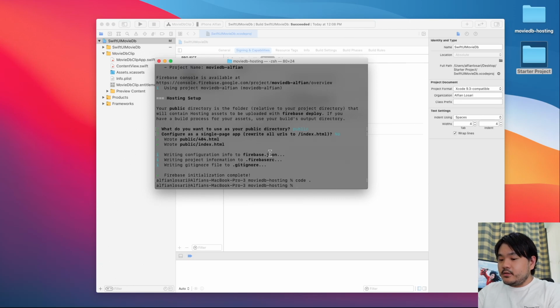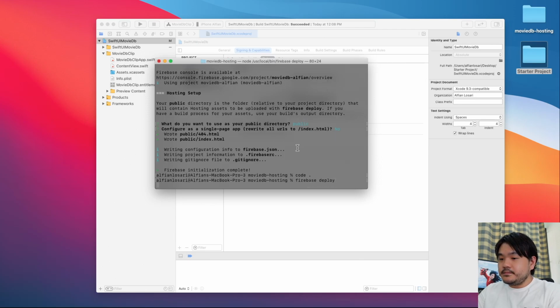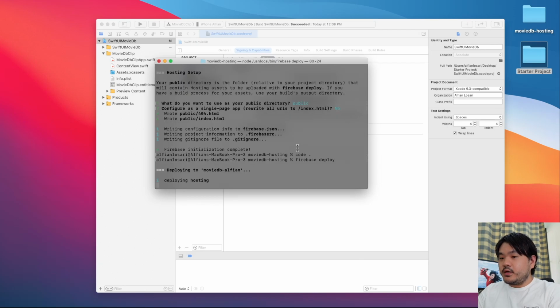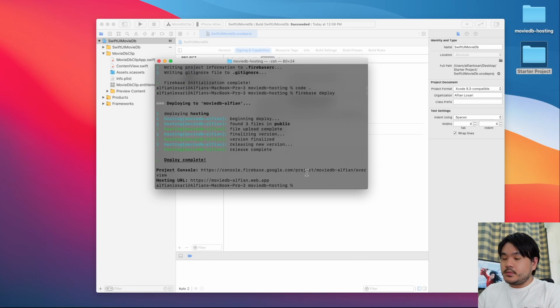To do that, just go back to the terminal and type firebase deploy. Wait for the process to finish. Okay, this is the hosting URL. Just copy this,